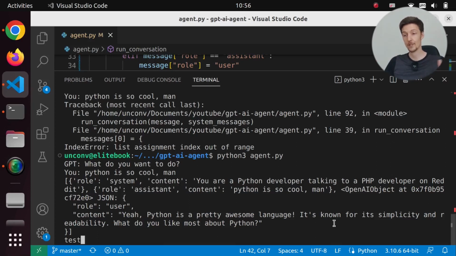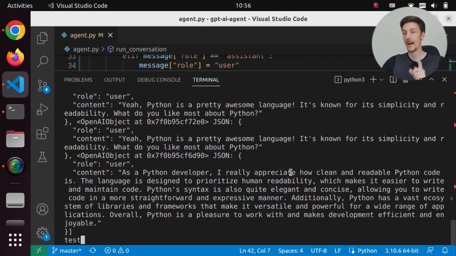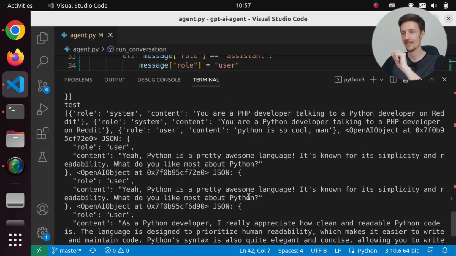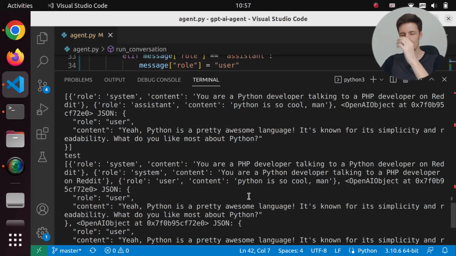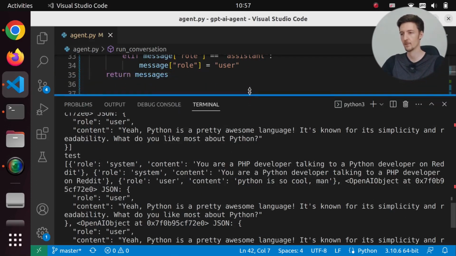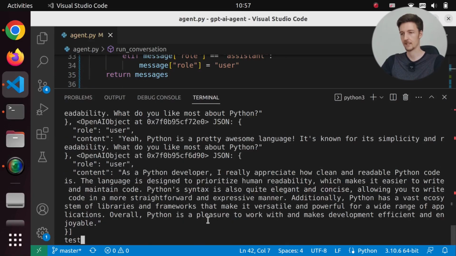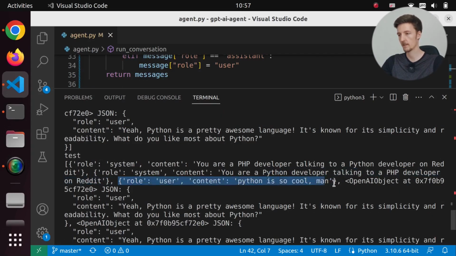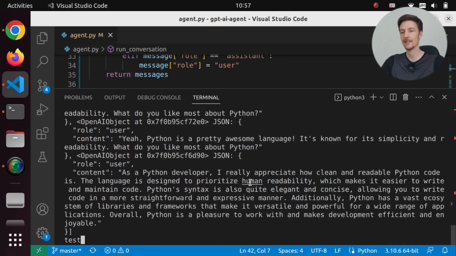So now I guess we should be able to continue this. If I press enter, then next this should be a PHP developer talking to a Python developer, and then we should flip them around again. So let's run this. Now, what do we have in here? Okay, I can't use insert because insert adds another one in the beginning. I have to replace. How do I replace? Is there some function to replace in the beginning of a list? But yeah, it flipped around the first one. It's now user again. So it's going to work.